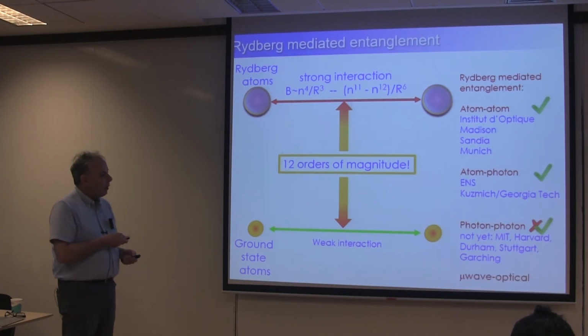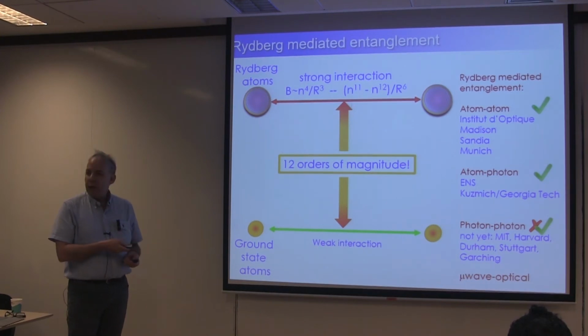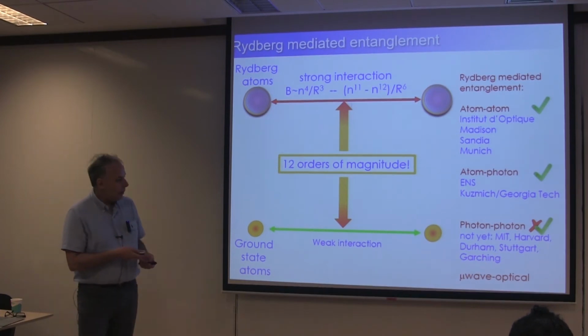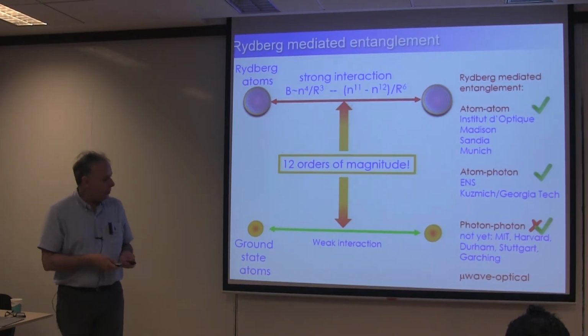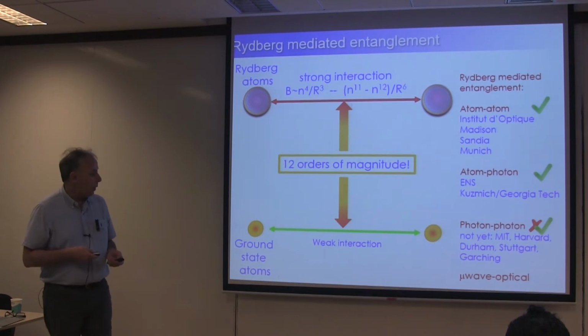And a current frontier is to use Rydberg blockade to effectively create a photon-photon gate. That's not quite been done yet, but people are getting very close to that, and I expect we'll see results of that kind in the not too distant future. And there are also other things one can do with the Rydberg interactions. For example, create coupling or even entanglement between photons of different wavelengths, for example, microwave to optical. He's group has made some very nice first steps in that direction here, creating conversion between microwave and optical photons using Rydberg interactions.